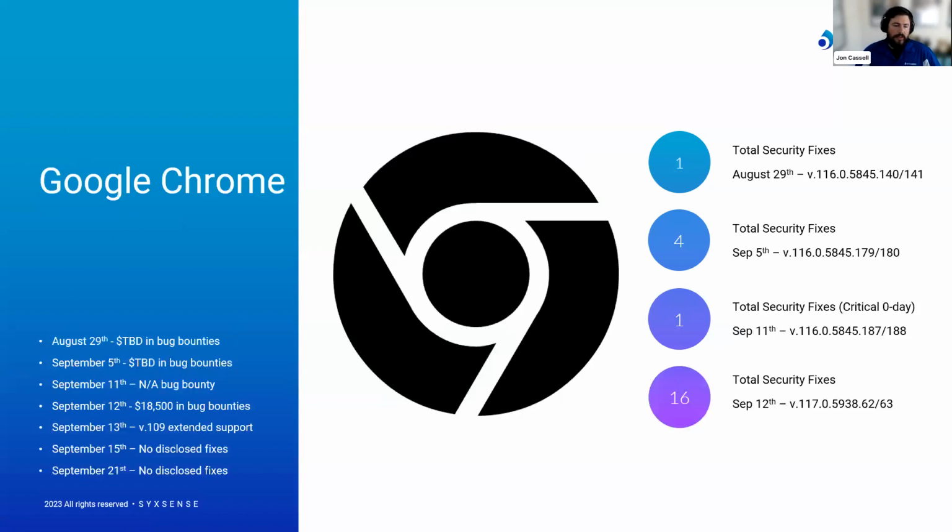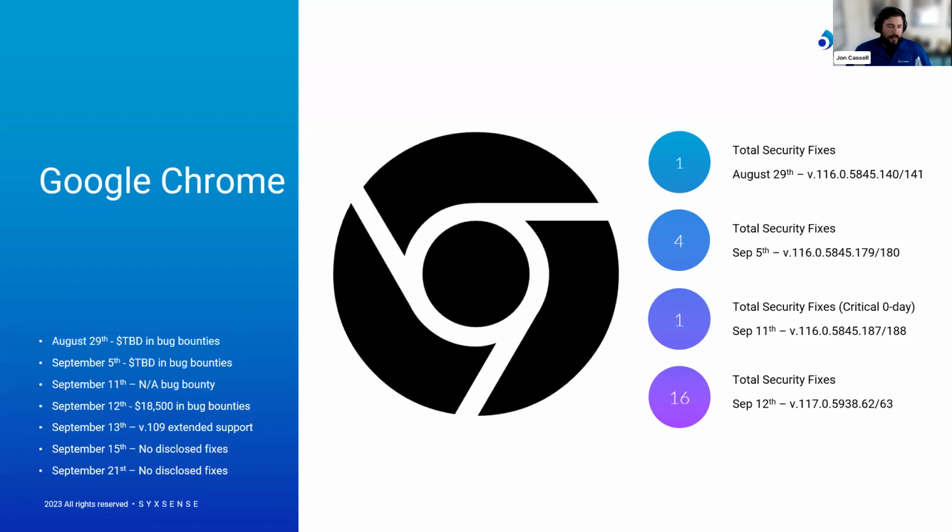Google Chrome has technically had 6 desktop releases for Windows, macOS, and Linux in the month of September. When I say technically, I'll elaborate on that a little bit. However, literally hours after last month's webcast, and I gave everybody a disclaimer that it might happen, which it did, Chrome dropped another update right after our last call on August 29th to resolve a single high severity bug tracked as CVE